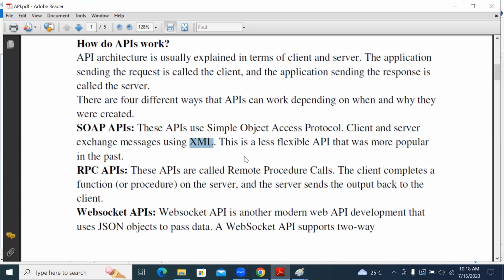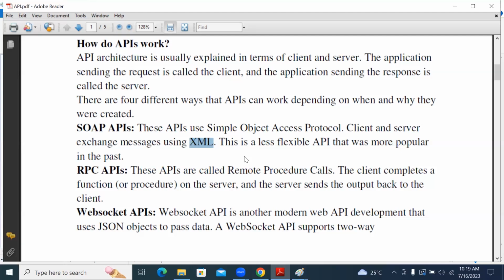That is why people talk about XML in the API concept. The request is sent through XML, and the response is received through XML.